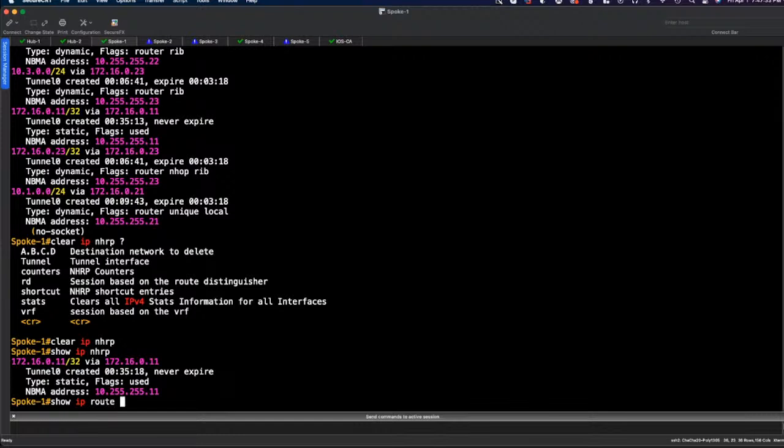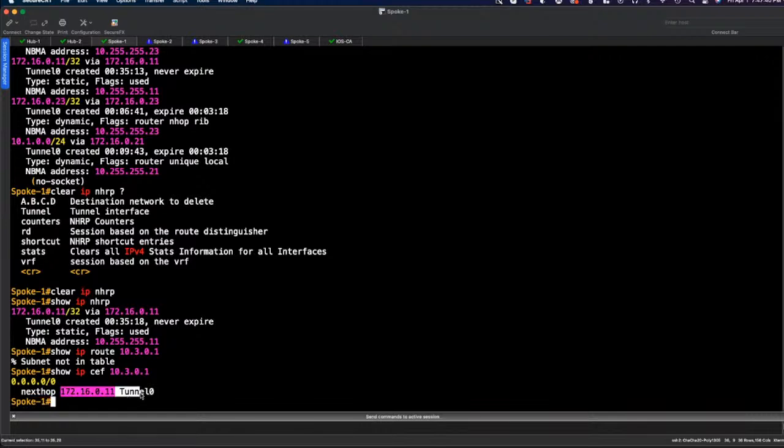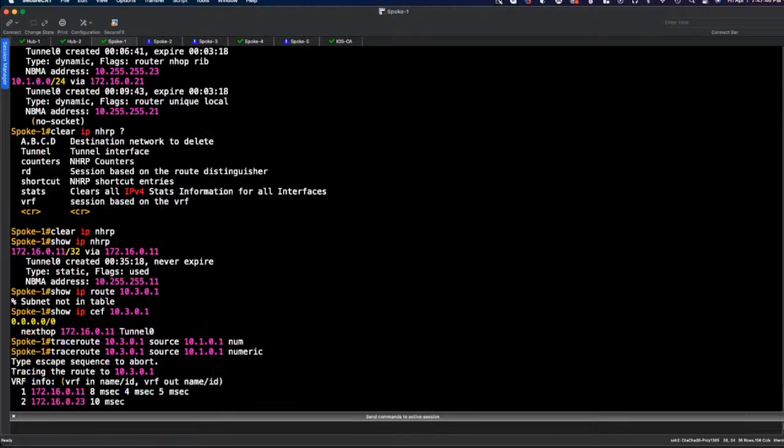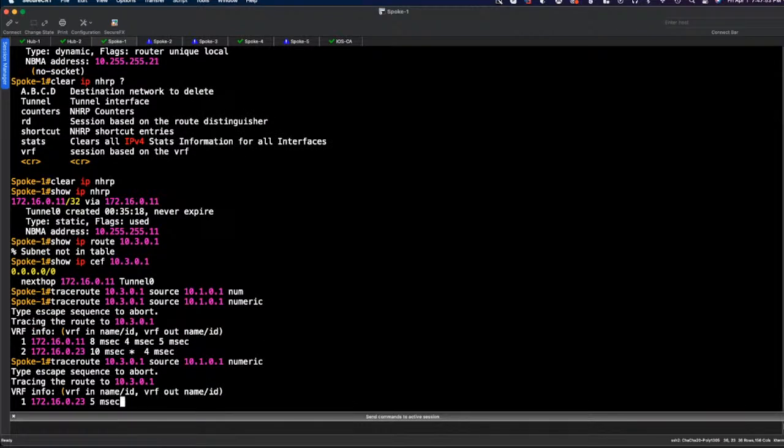So again, 10.30.1.1, we don't have a route for it, but if we look in the CEF table, what it's going to do is it's going to go out this next hop. So let's do a trace route. 10.30.1.1, source 10.10.1.1, and then numeric. So again, we're going hub to spoke. That's okay. What matters is that in the end, we go